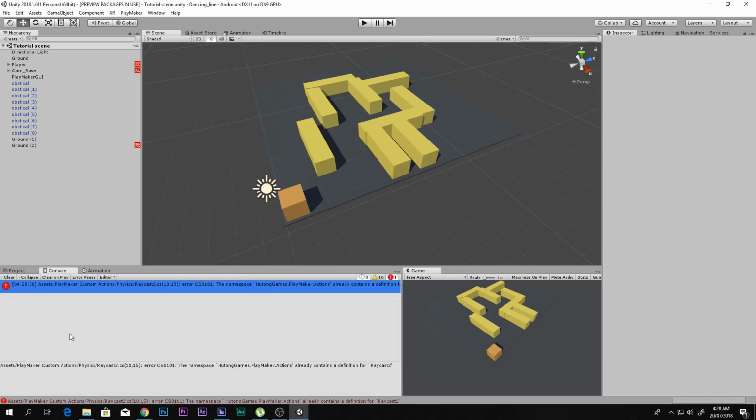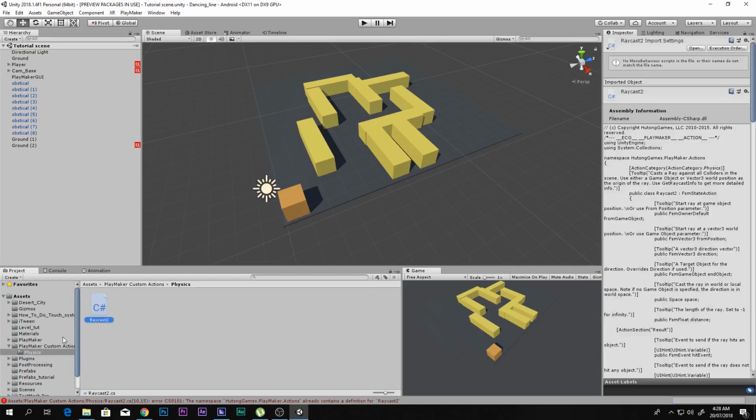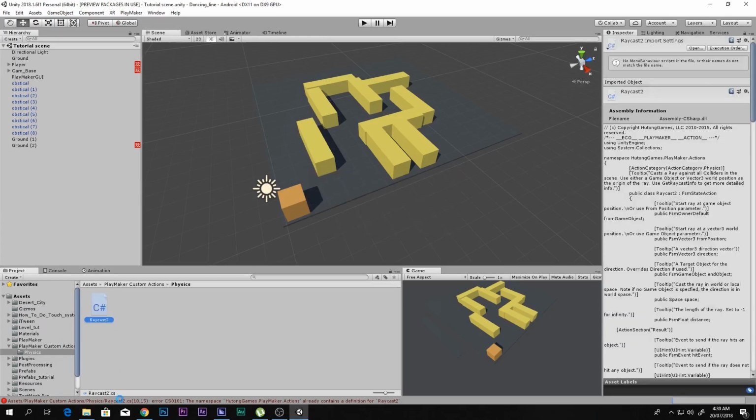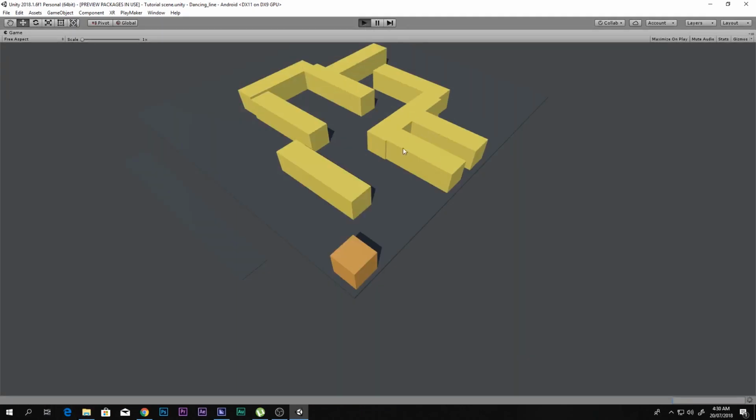The next error we have here is this one. Here we have a raycast, and I already have a raycast in here somewhere. So delete this one, and it will cause no errors now. So there we go. Now if we play the game and see if there is any problem inside the game,